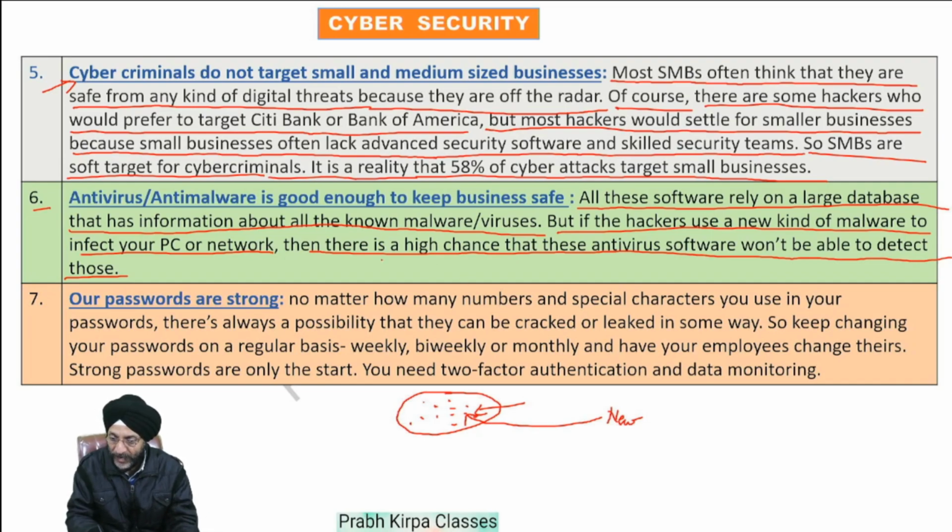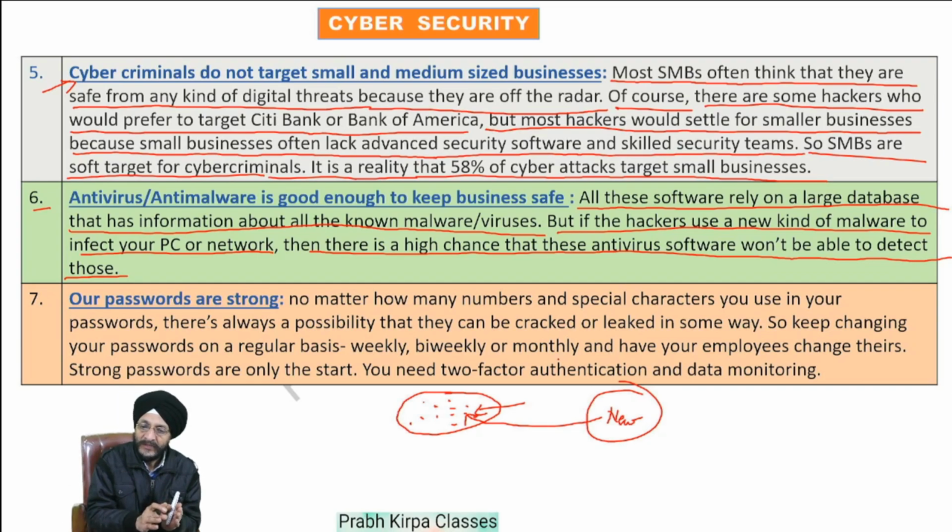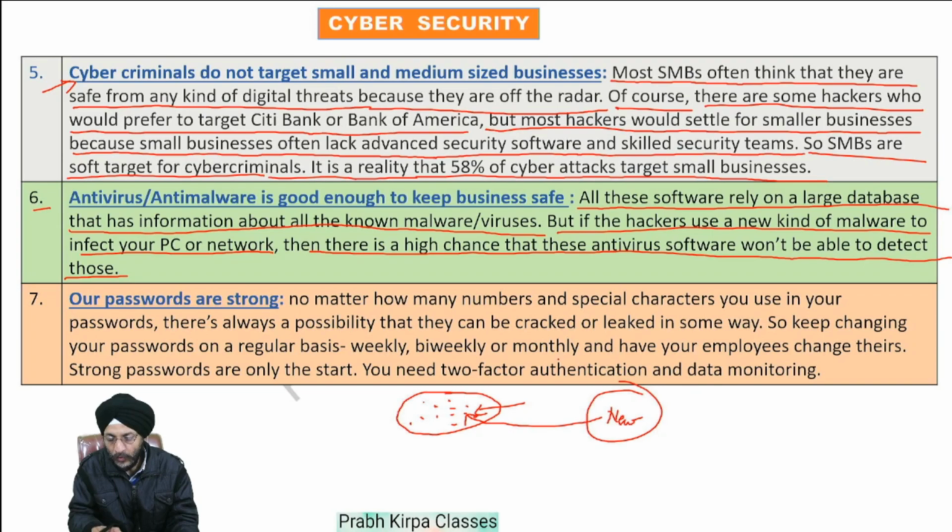So the antivirus or anti-malware software which is already there in your computer system may not be able to deal with that type of new malware which has come to light only recently. So if that new malware hits your computer or PC, your antivirus software would not be able to detect it, and there are chances that your data may be harmed to some extent. So we should always be careful and on the watch, and do not download every type of email link or any type of